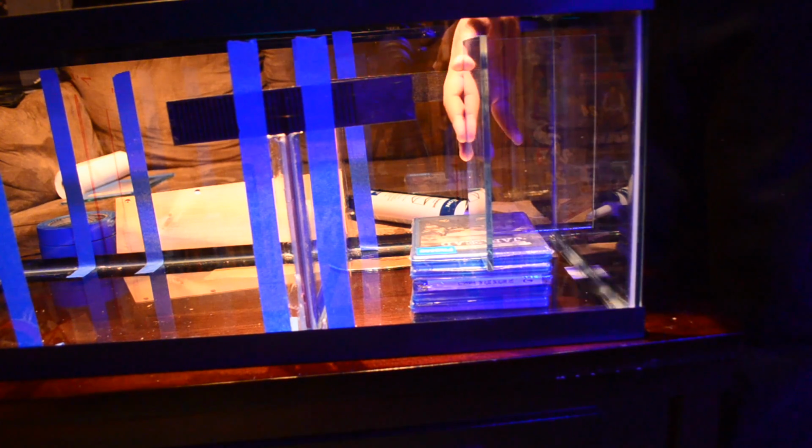So right now, I have my two baffles sitting inside my tank on top of a bunch of DVD cases. I have my baffles sitting 2.5 inches off the bottom of my aquarium. You want to make sure you don't have the cases pushed right up against the glass. Otherwise, when you silicone your glass to the aquarium, you can end up siliconing your DVD cases to the aquarium as well. So what you want to do, take your baffles,